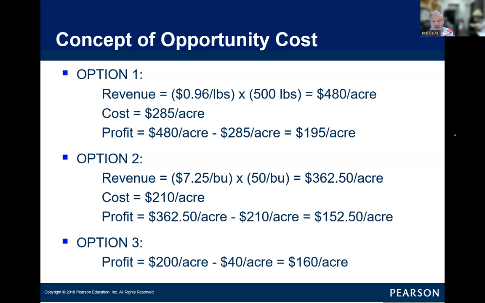One way of thinking about it is, once again, the amount we gave up. I like to think about it as the difference between 195 and 160. If I would have chosen option 3 over option 1, I would have given up $35 an acre, right? Just one way of looking at it. So